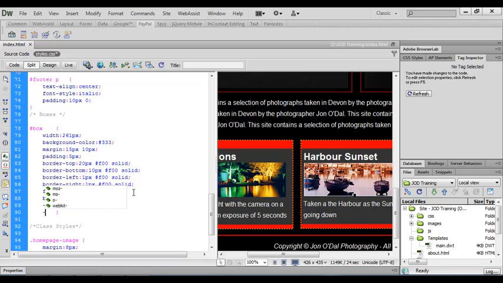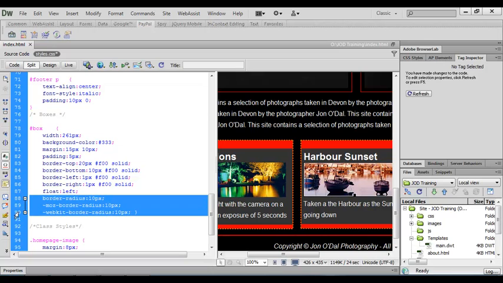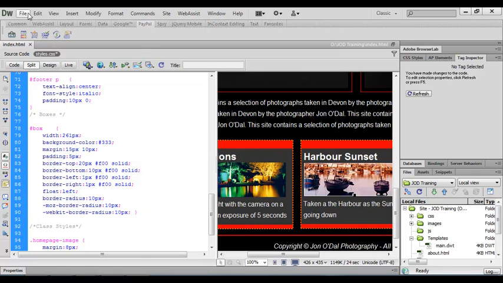So we'll start with a dash and WebKit, and again it's border-radius, and we'll apply 10 pixels to this one also. And with these 3 lines of code, that will cover most browsers, and our boxes will display with that border radius. So let's save that